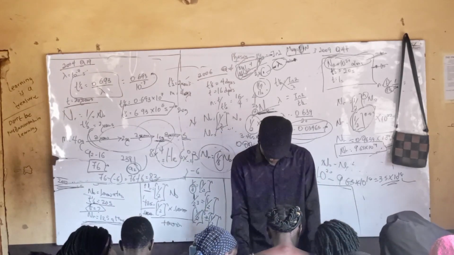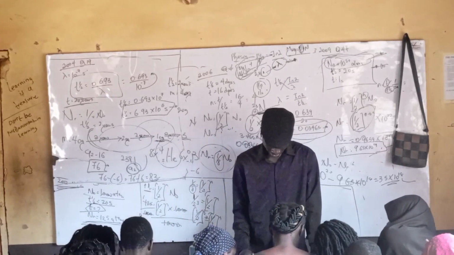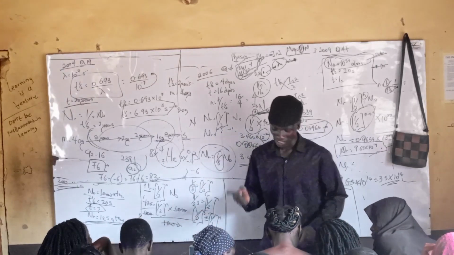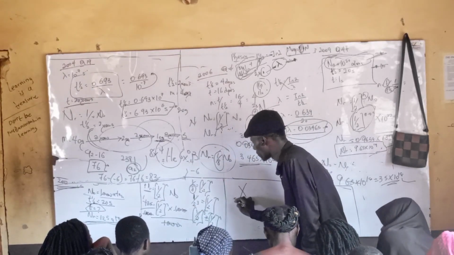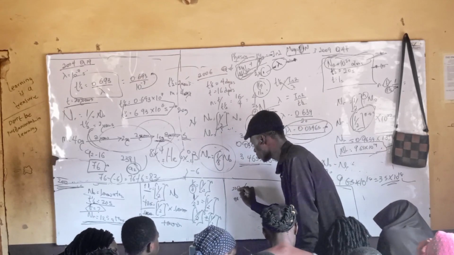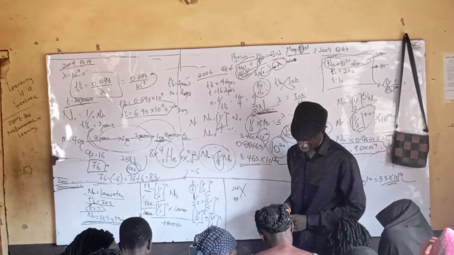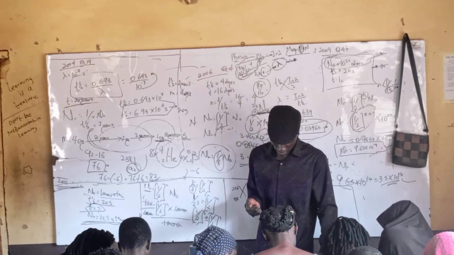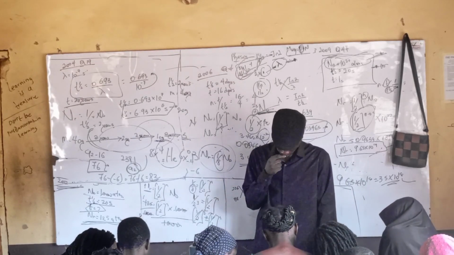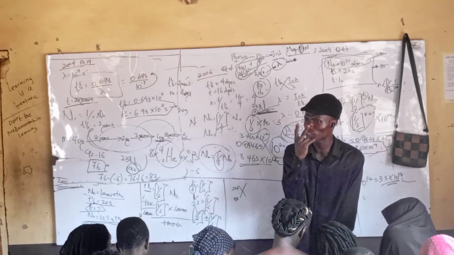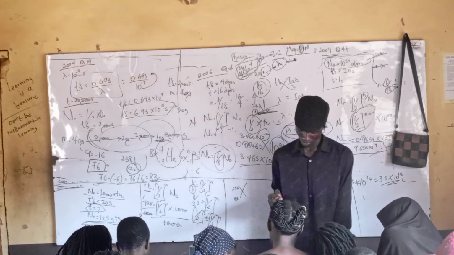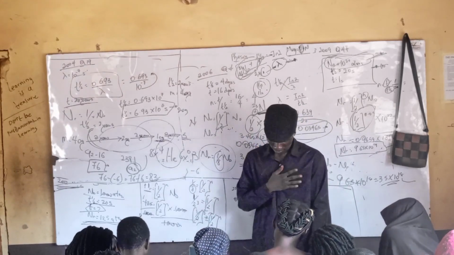An element X of atomic number 88 and mass number 226 decays to form an element Z by emitting two beta particles and an alpha particle. Z is represented by